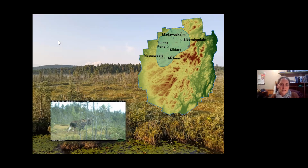And so I try to keep that in mind when I think about these places, although I'm terribly sad to think that someday I will go out there and not be able to find a Lincoln sparrow or a yellow-bellied flycatcher. I still have faith that they are very important habitats, and they're going to be very important habitats for many species over the long term. One example of that